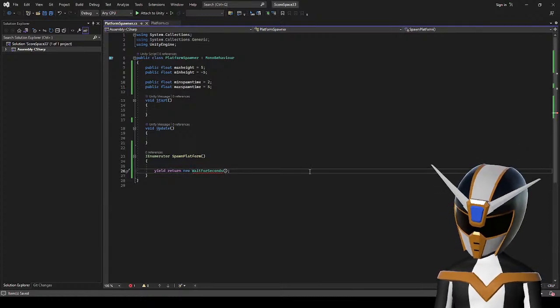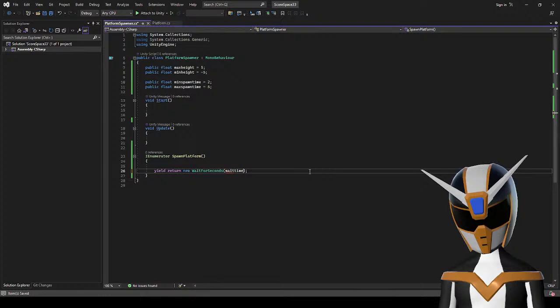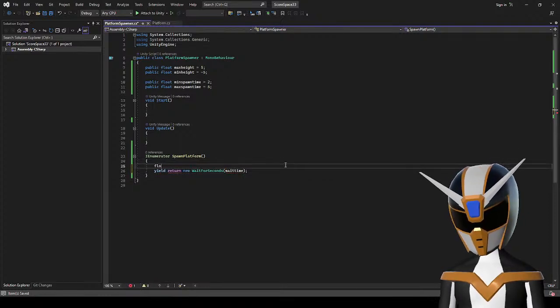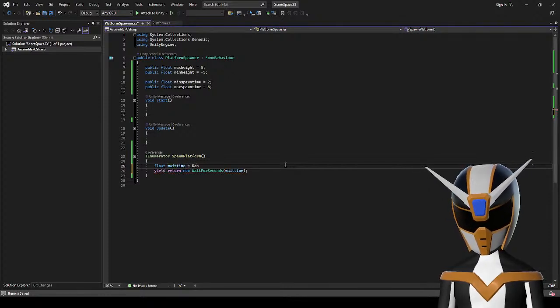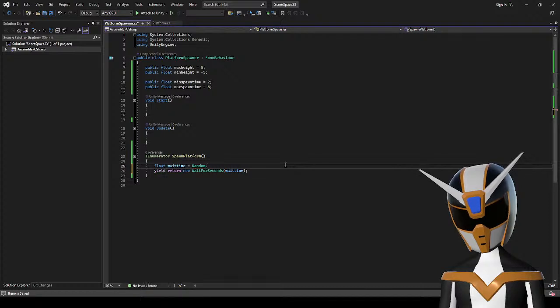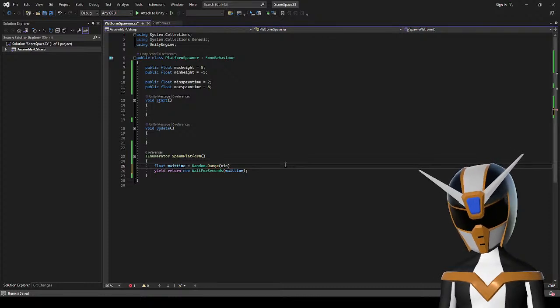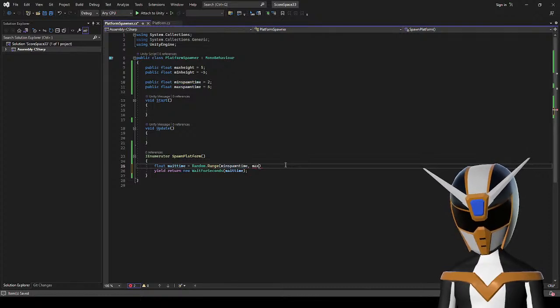And let's have a variable here called wait time. Float waitTime is equal to Random.Range min spawn time and max spawn time.